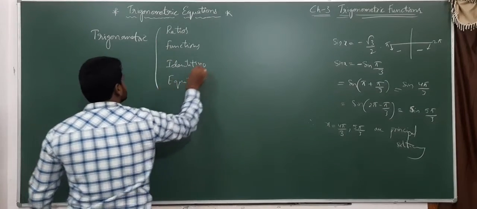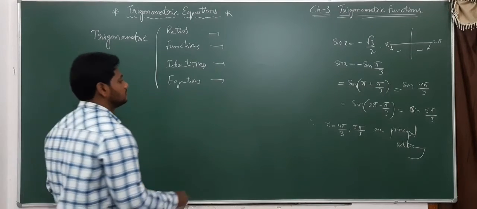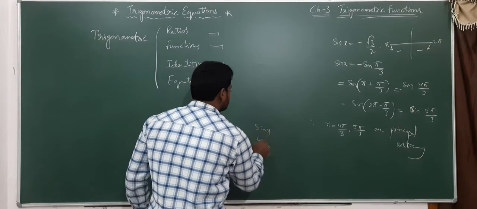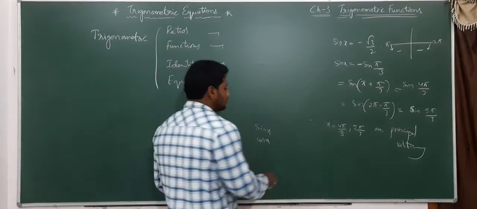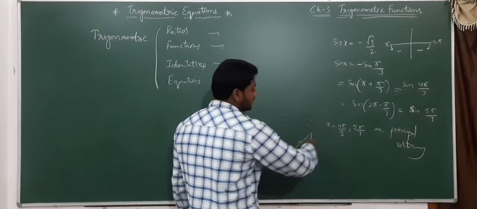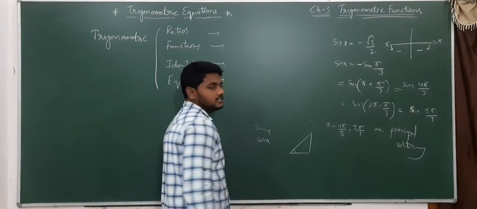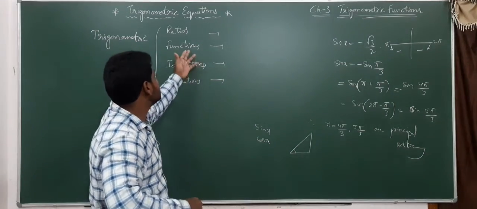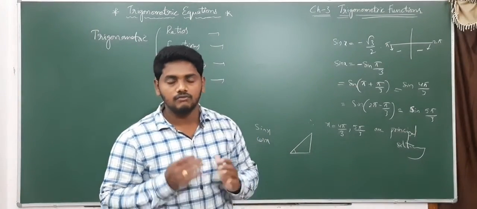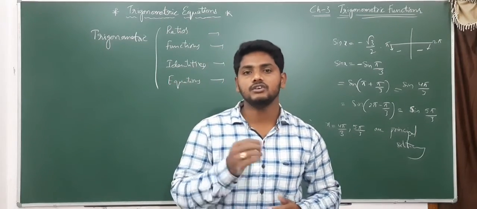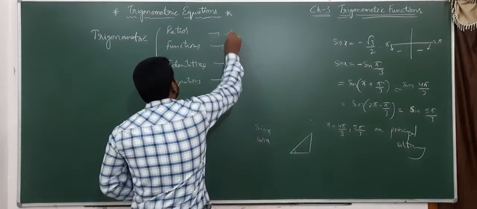So what are the major differences? Sin x, cos x, tan x, those we call trigonometric ratios when we are discussing the sides of a triangle and an angle. We consider them trigonometric functions when we are discussing the domain and range of a function. So these are completed now.